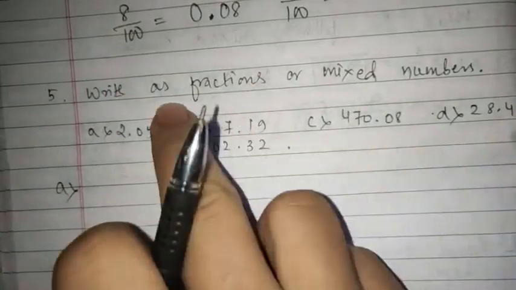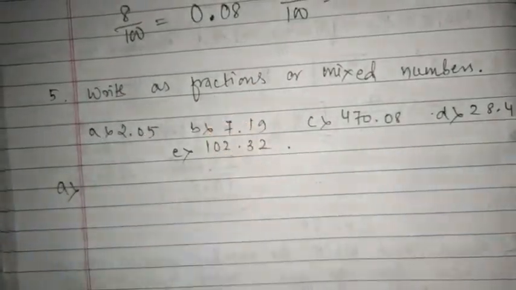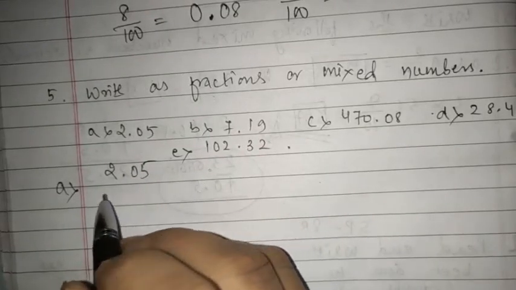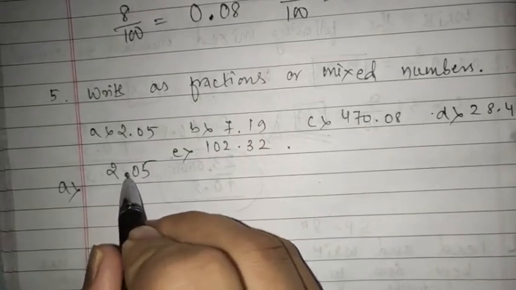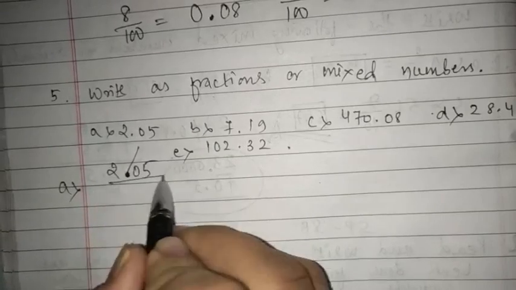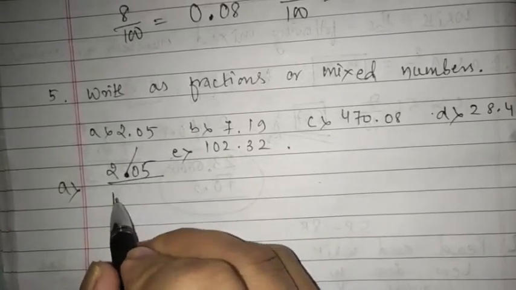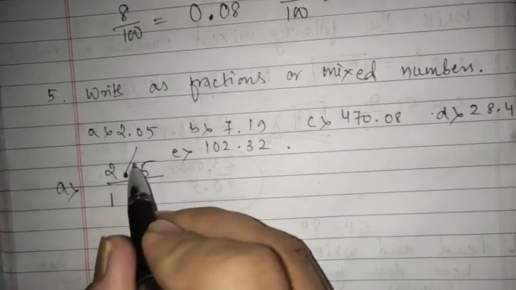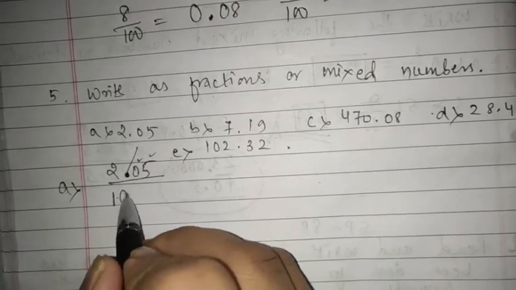We have to convert the given decimal into a fraction. So what you are going to do here is, whenever you remove the point, 1 should be written for this point, and after the decimal, how many digits are there? 1, 2, so write 2 zeros.